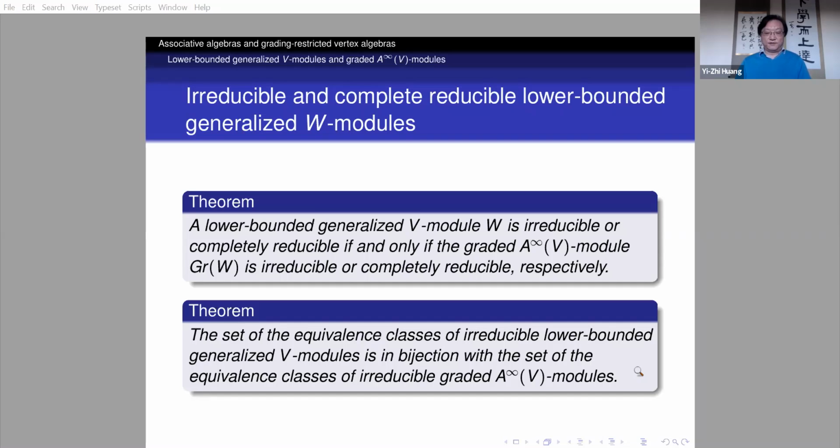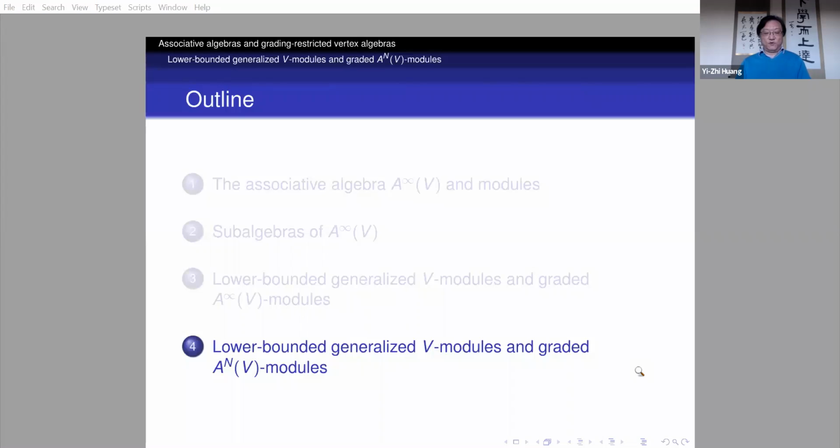Okay, it is too large. It is infinite dimensional and so on. So now we want to look at the A_N(V) module, because in many cases, certainly in the C2-cofinite case, but it is also possible in other cases, it will be finite dimensional. And even if it is not finite dimensional, when n is small, it is possible to do calculations in the future. At this moment, I do not really know how to do this yet, but I hope we can